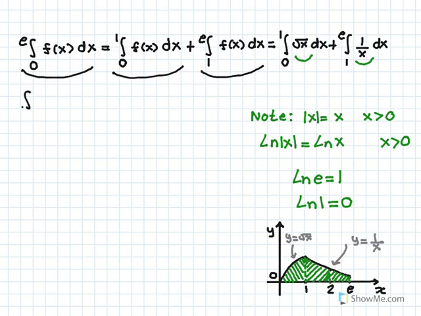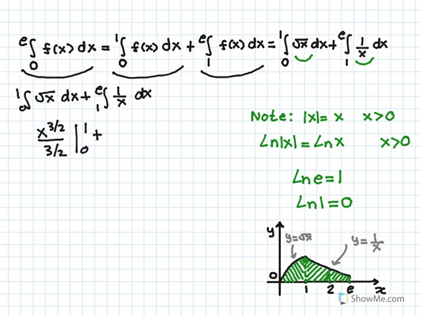So let's integrate 0 to 1 root x dx plus the integral from 1 to e of 1 over x dx. And the integral of x to the 1/2, reversing the power rule, that's going to be x to the 1/2 plus 1, that's 3/2, divided by 3/2 from 0 to 1. And the antiderivative of 1 over x is going to be log of absolute value of x from 1 to e. All right, let's flip the denominator. We get 2/3 x to the 3/2